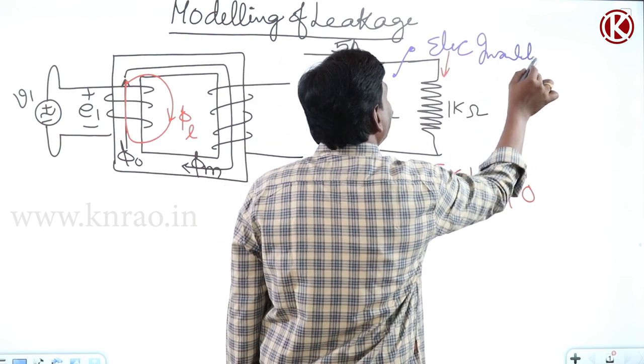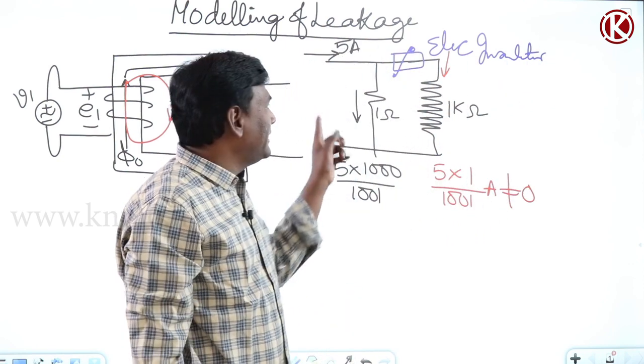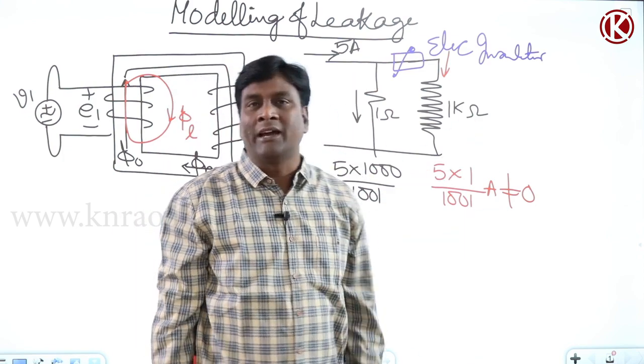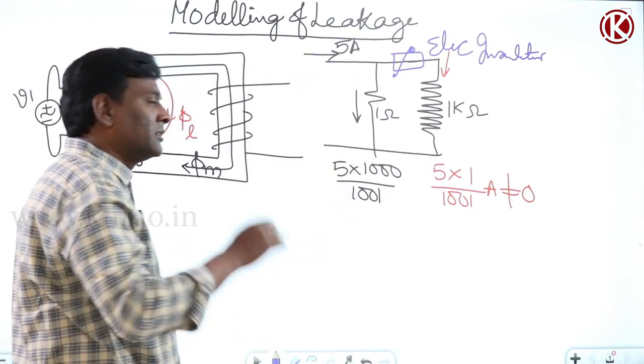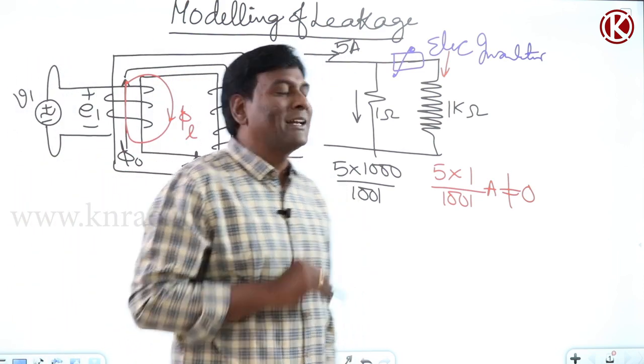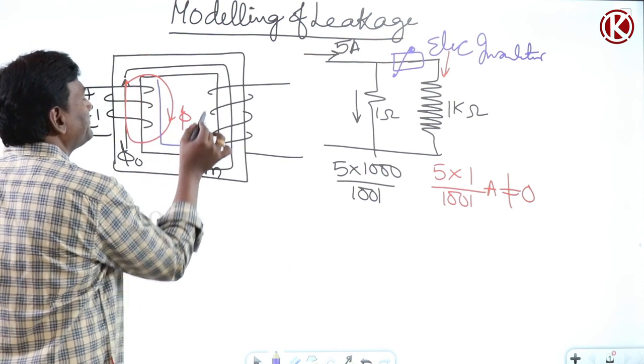Okay, so with an electrical insulator here, if I can provide an electrical insulator here, then the total current, whatever is entering, 5 ampere, should flow through it, because it's going to have an infinite value of resistance. For example, if I have a magnetic insulator, if I fill that magnetic insulator here,